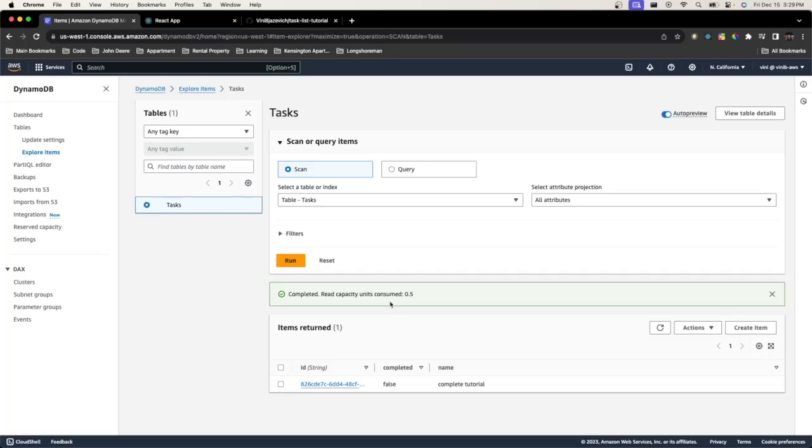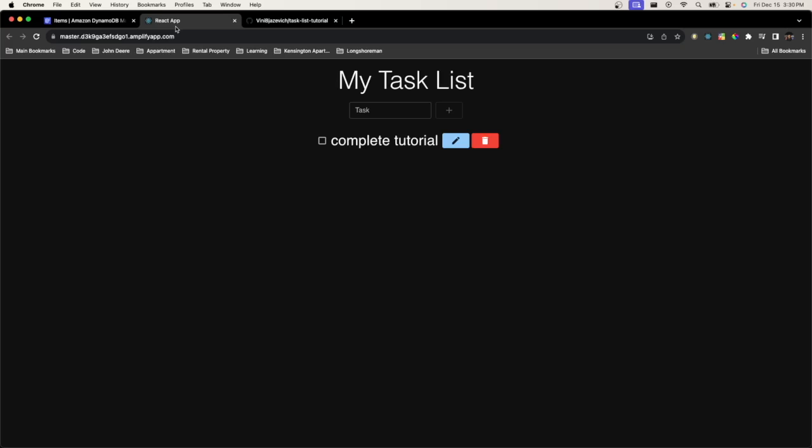And one cool thing that I didn't mention about AWS Amplify is that whenever we push our code to our main branch, or in my case it's called master, it'll automatically redeploy the application. So you'll always have your most current changes deployed, which is pretty cool. With that being said, that's about it for this